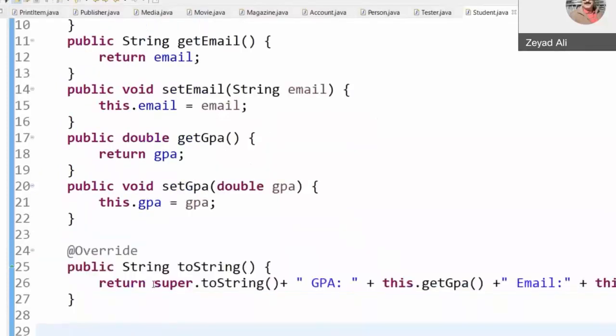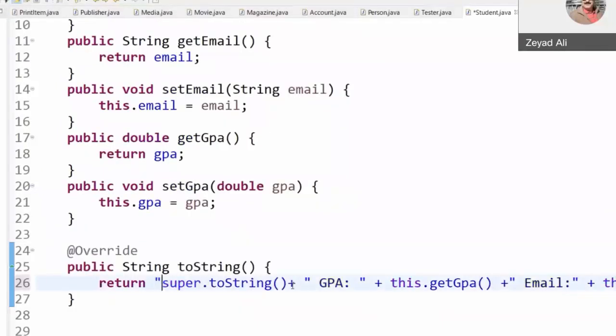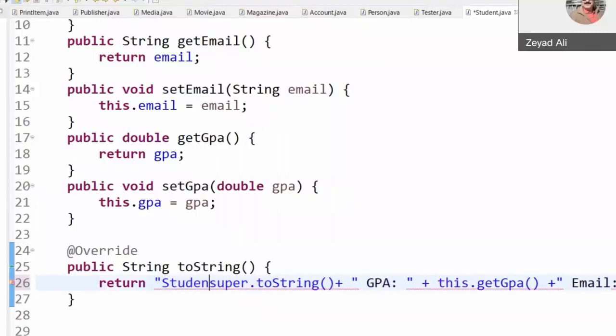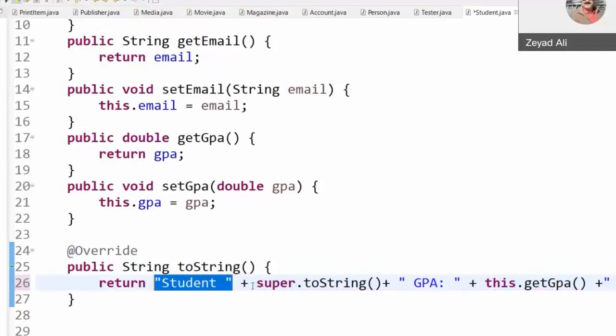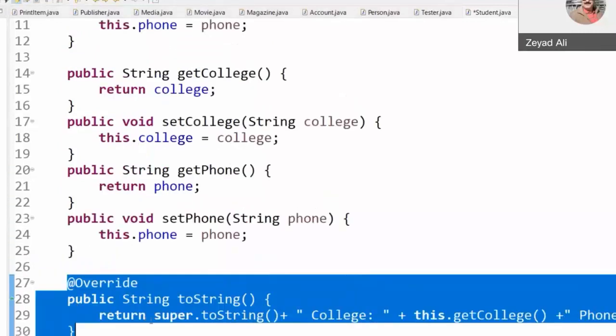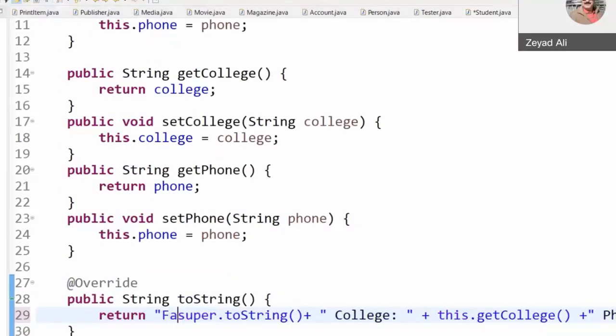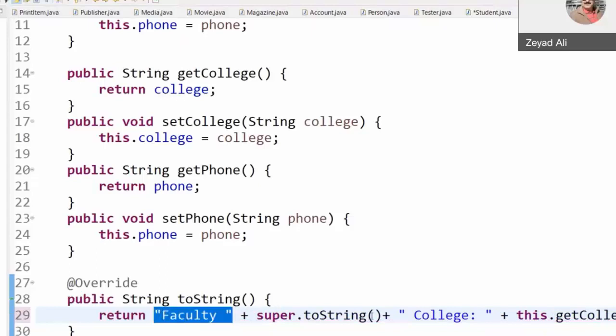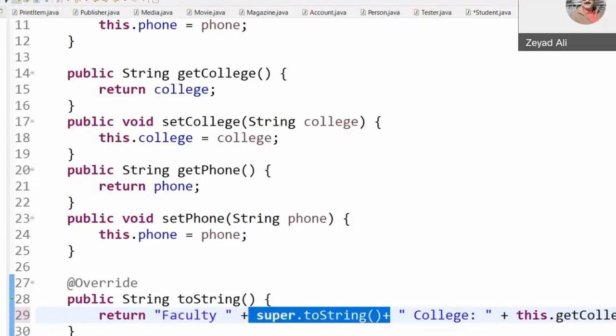I can say here, for example, return student, then plus, look at the output now. So you will write student, then the name. For faculty, I can write faculty plus. So it will write the word faculty, then whatever you get from the superclass, then college.